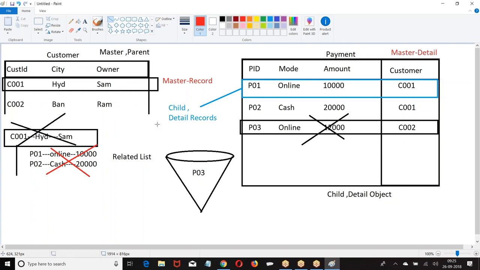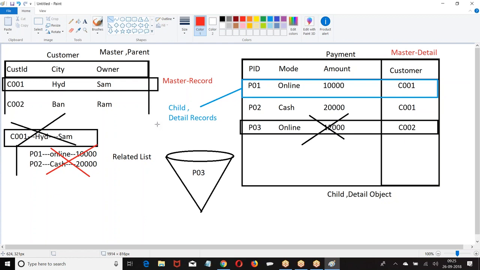Now, the object in which we have created the master detail field, that object is the child object or a detail object. The object whose data you are referring to is called the master object or a parent object.